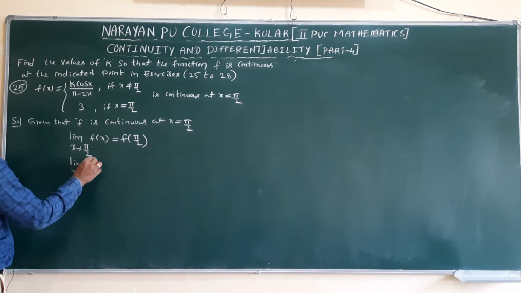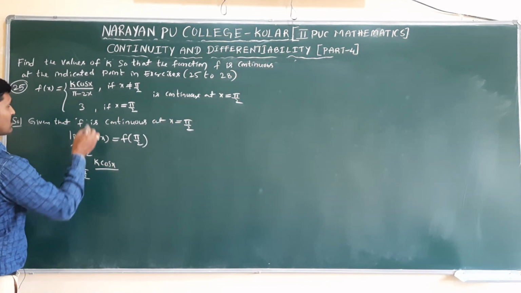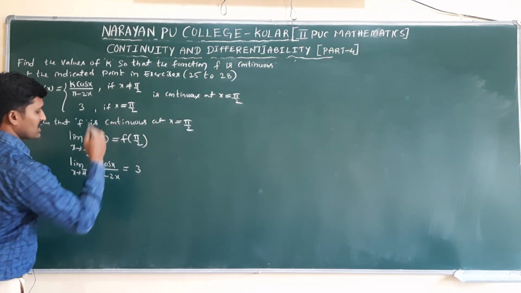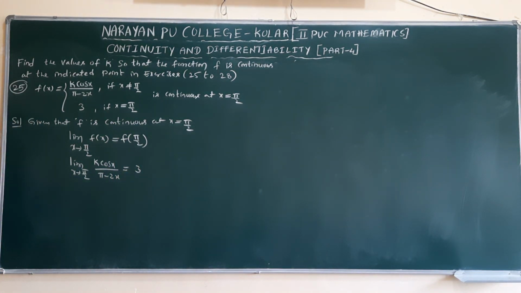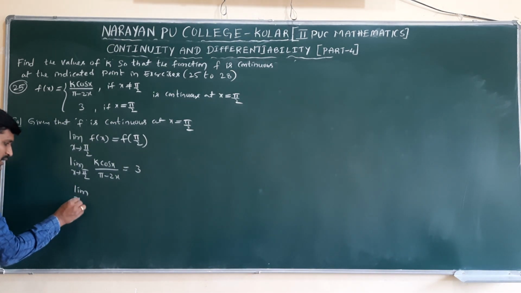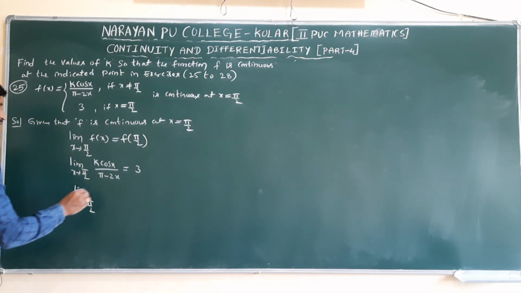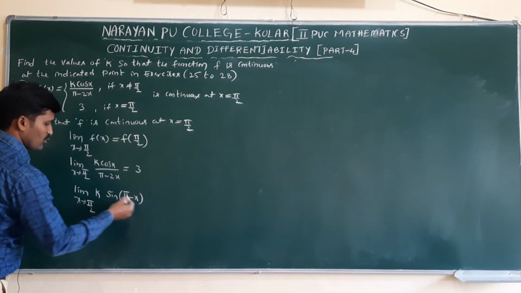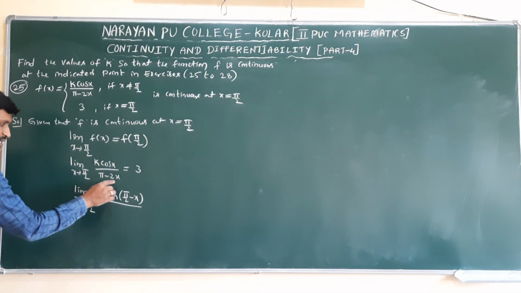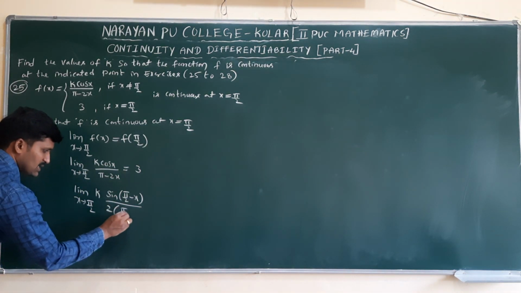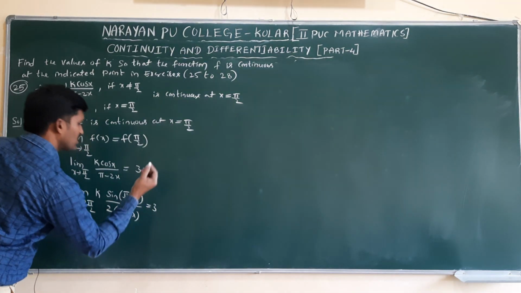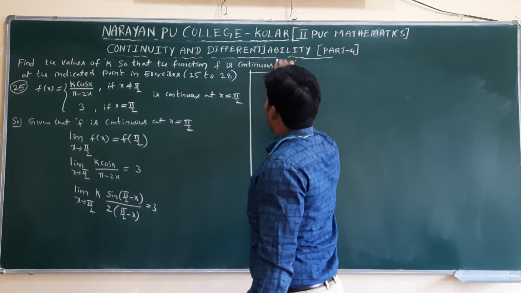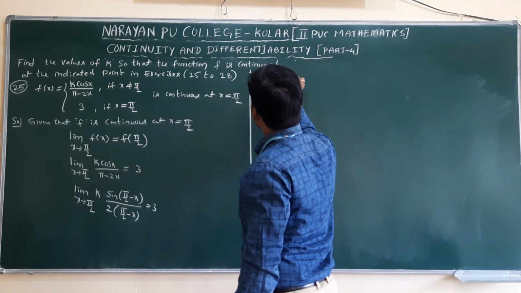Now limit x tends to pi by 2. The easy method: substitute the value here, k cos x by pi minus 2x equals f of pi by 2. At pi by 2 what is the value? 3. We can do it in 2 ways, but the easy method is simple; we can do it within 3 steps. Limit x tends to pi by 2 of k into cos x, I can write as sin of 90 minus x. Sin of pi by 2 minus theta is cos theta. In the denominator I will take 2 common. If you take 2 common, you get pi by 2 minus x, equal to 3. Now from this I will consider pi by 2 minus x as some y.